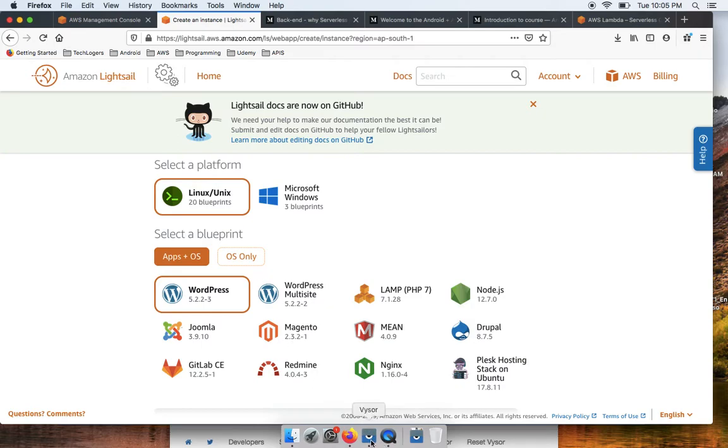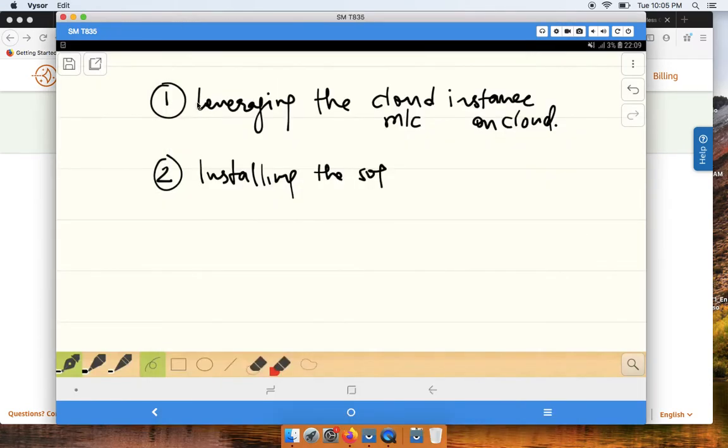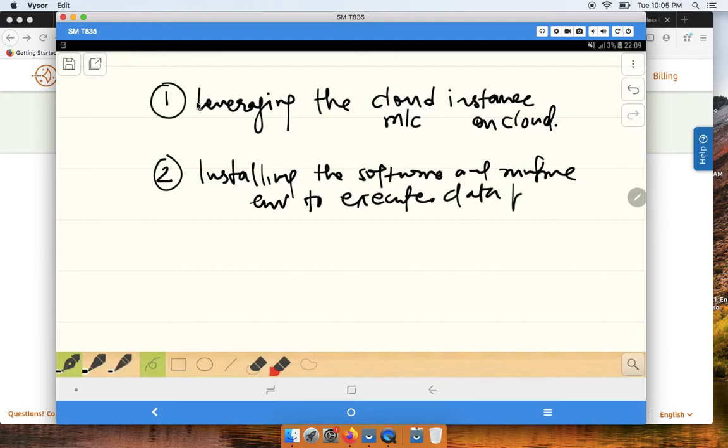okay. Let me pull up the board. Installing the software and the runtime environment to execute data processing or server side coding,